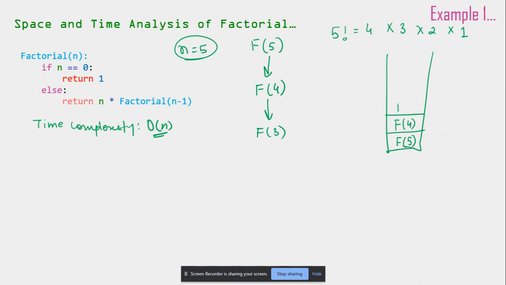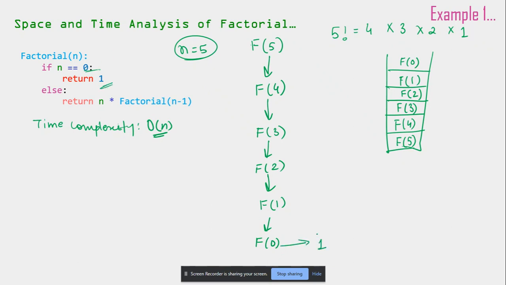So factorial 3 is going to come. But for the calculation of factorial 3, I need factorial 2, so factorial 2 is going to come into the picture. Similarly, for factorial 2, I need factorial of 1, so factorial 1 is going to come into the picture. Let us go one more time: factorial of 0, because the base condition we have used is 0, so factorial of 0 comes into the picture. As we got the value of n as 0, we're going to return 1.